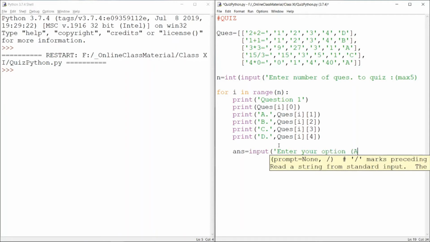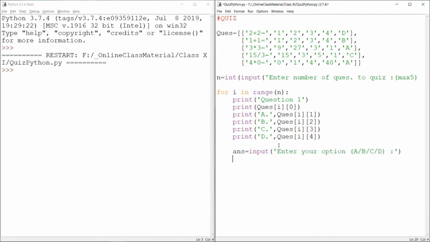If you wish, you may write there that A, B, C or D you have to enter, whichever option is correct according to the user. Now if this answer matches our correct answer, and where have we stored this answer? In the fifth, that is, this is list 0, 1, 2, 3, 4 and 5, right?